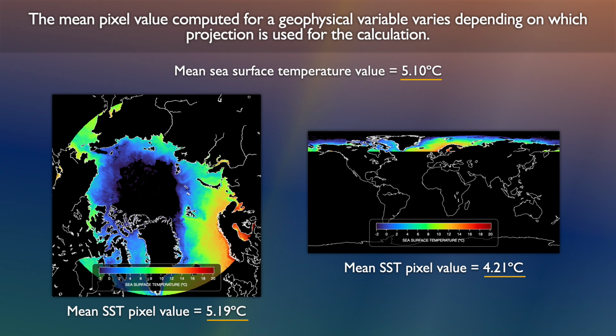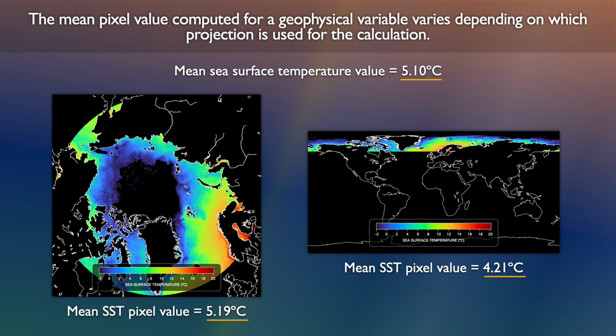Now, on the left is the polar stereographic map, and its pixels are roughly the same physical area, only about 14% change in the map. On the right is a geographic map projection with vastly different pixel sizes. So for example, from 60 degrees to 80 degrees in this geographic map projection, pixels are about 3 times smaller in area. So what we find is that we get different mean sea surface temperature values when we compute just